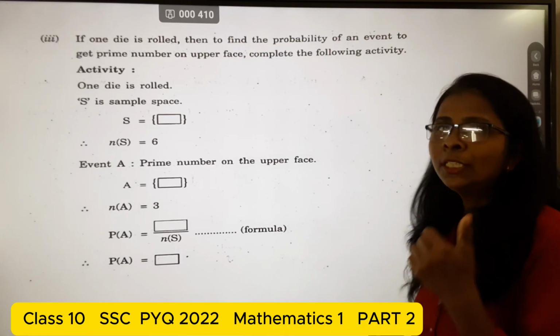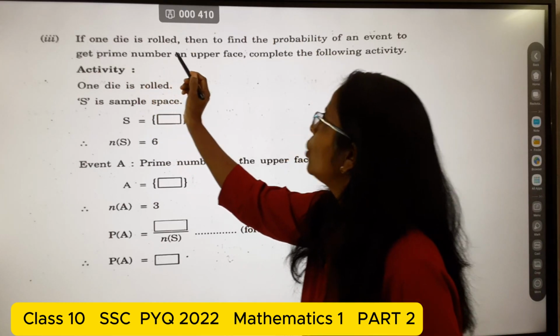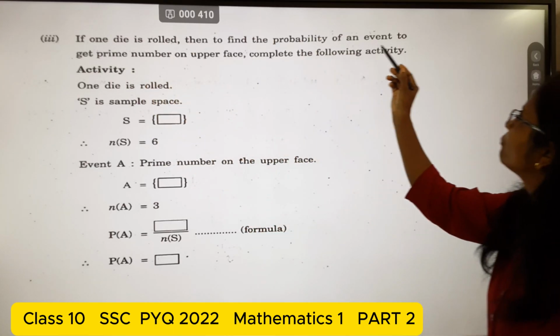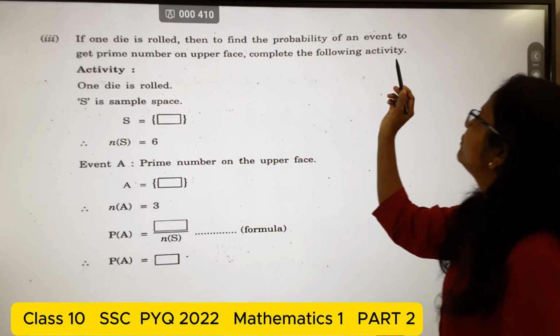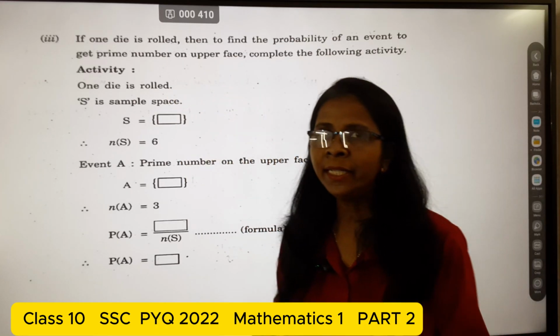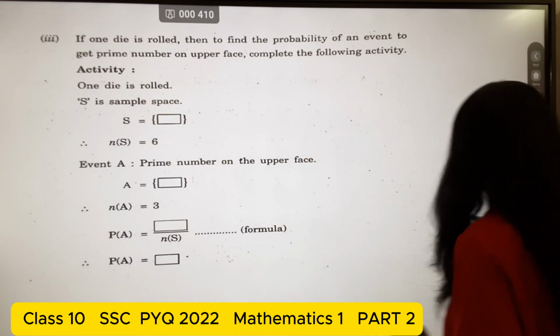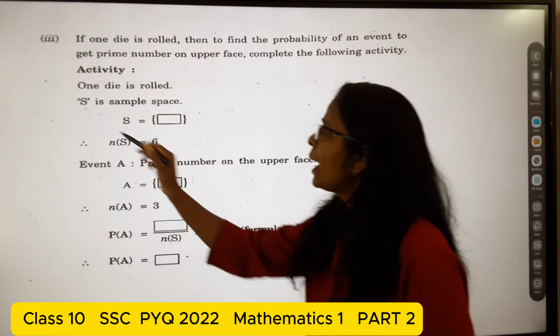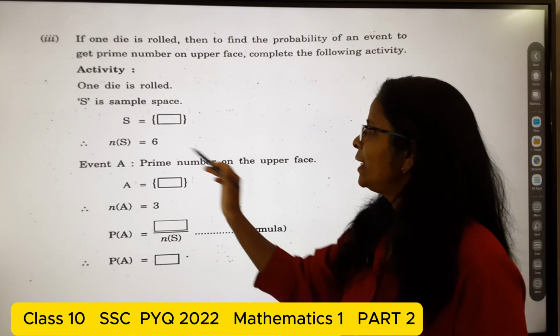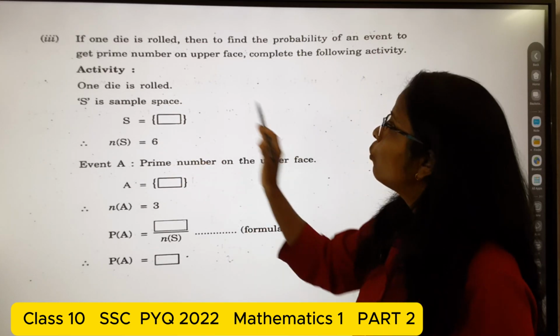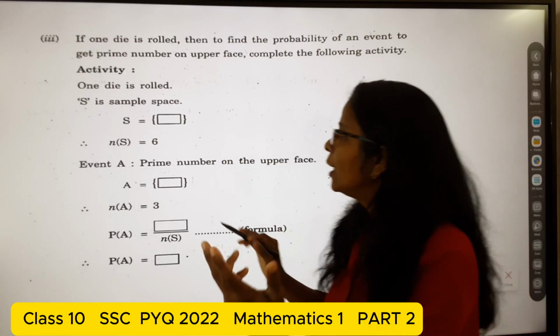So now the third question. If one die is rolled, then to find the probability of an event to get a prime number on the upper face, complete the following activity. So here the activity is: one die is rolled. S is the sample space. We know that. So we write here S, as one die is rolled. So the S is equal to